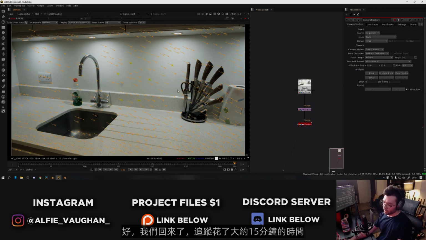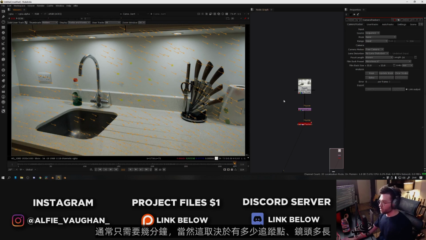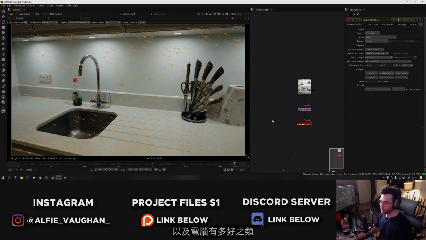Okay, we're back. That took about 15 minutes off camera because this is quite a long shot. You can see it's 324 frames. It usually only takes a couple of minutes depending on how many trackers you have and how long the shot is and how good your computer is and stuff. But as you can see, now all of the tracks have trails on them, which shows kind of how they move throughout the shot. The next thing you want to do is press solve,